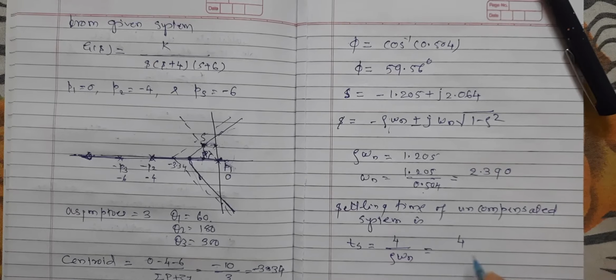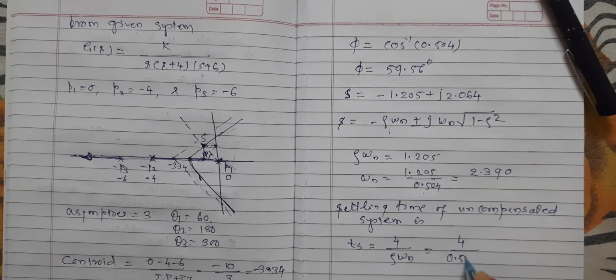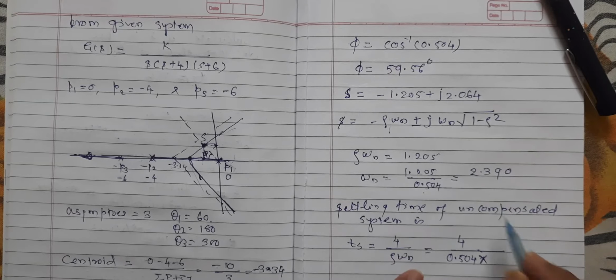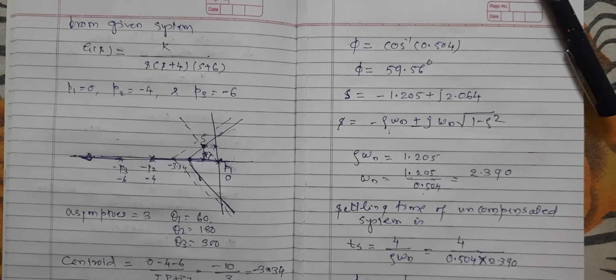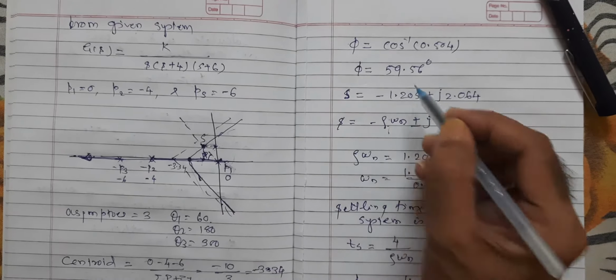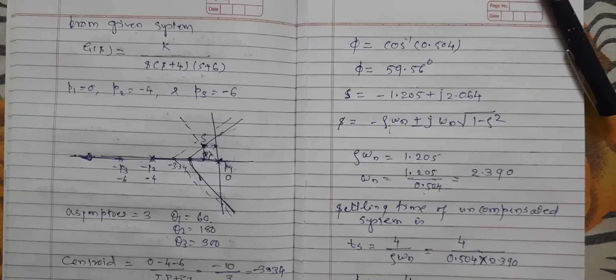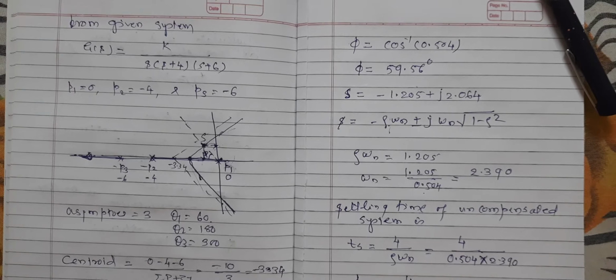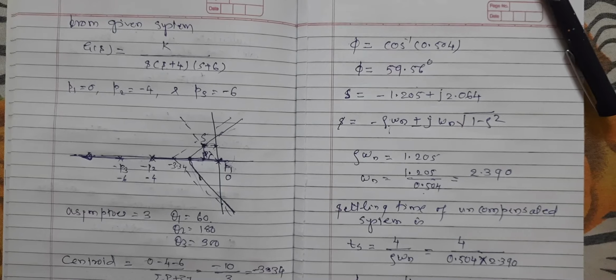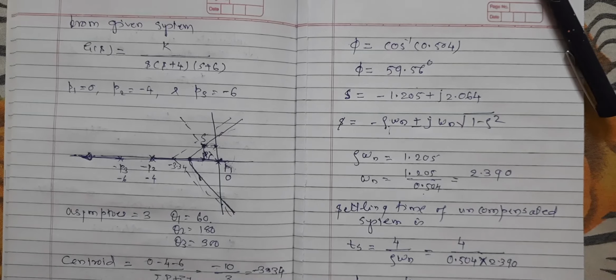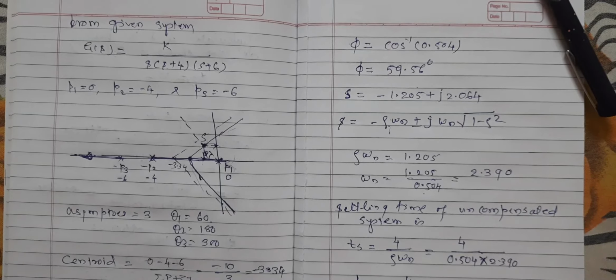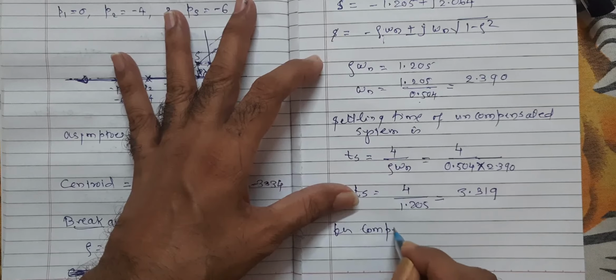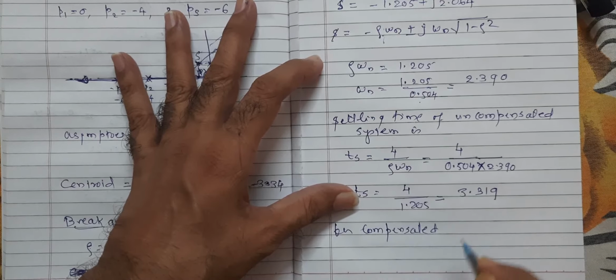It equals 4 divided by 0.504 into omega n, with omega n equal to 2.390, or we can write it as 4 divided by neta omega n. Neta omega n is 1.205. So Ts equals 3.319 for the uncompensated system. Now for the compensated system,